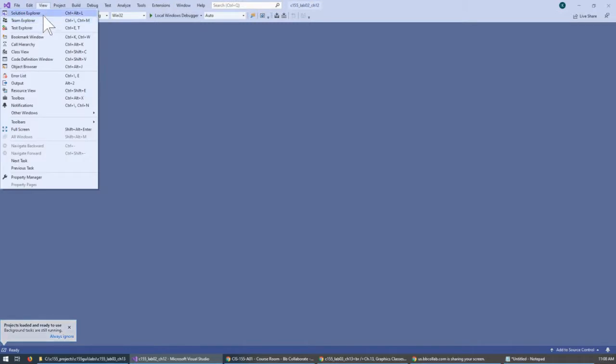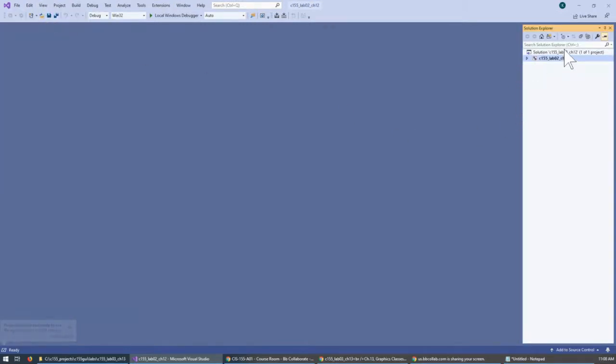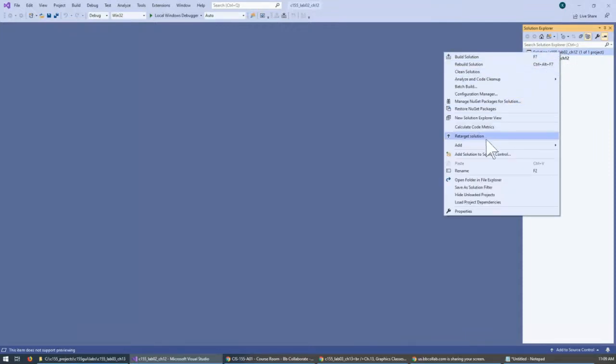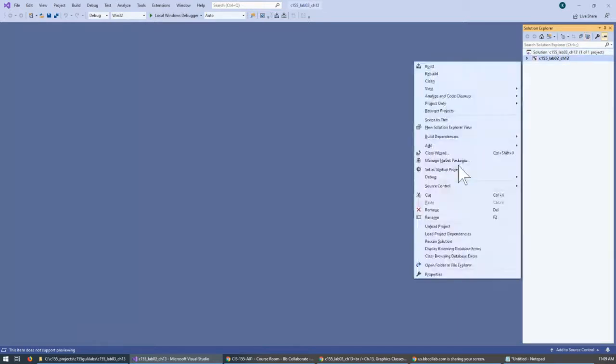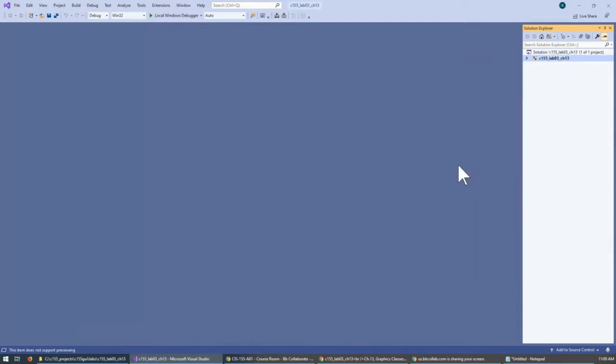I'll click View, Solution Explorer. This is the name of the solution. If you right click, we can rename it here. I see there is an option to rename. So here we'll just name it again Chapter 13 and Lab 3 for today's set of tasks. And similarly, rename the project name. There is a rename option over here, or you can press F2 to rename. We're just going to do this. And then